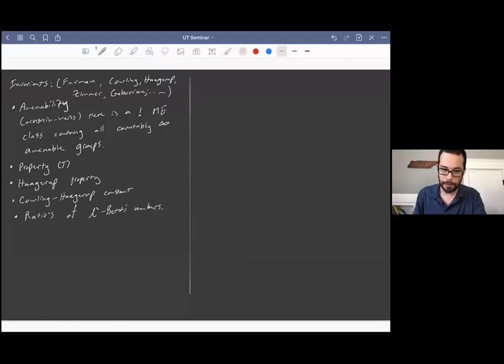So I'm not going to talk too much about the definition of these, so let me not say anything more, but let me mention that as a consequence of this last fact, you see that in fact, if you take a free group with 2 generators, it is not measure equivalent to a free group on, say, countably many generators. So here's a nice example of 2 groups which are not measure equivalent.